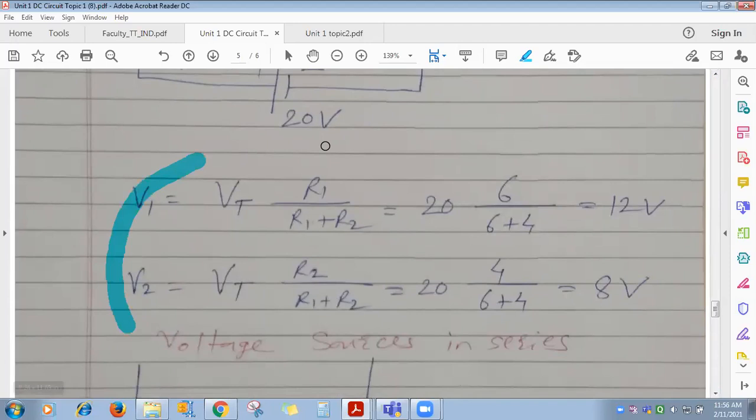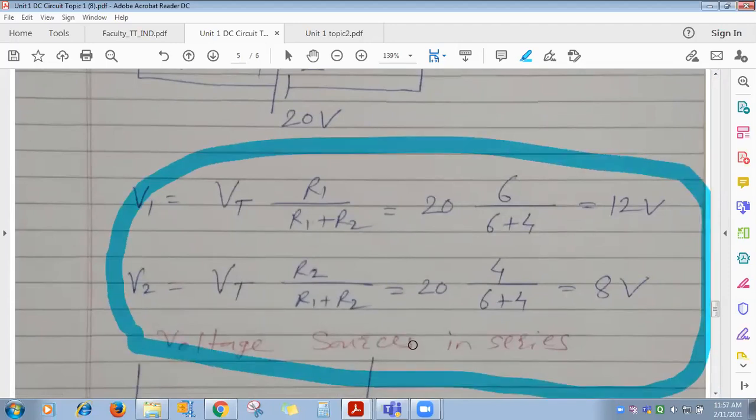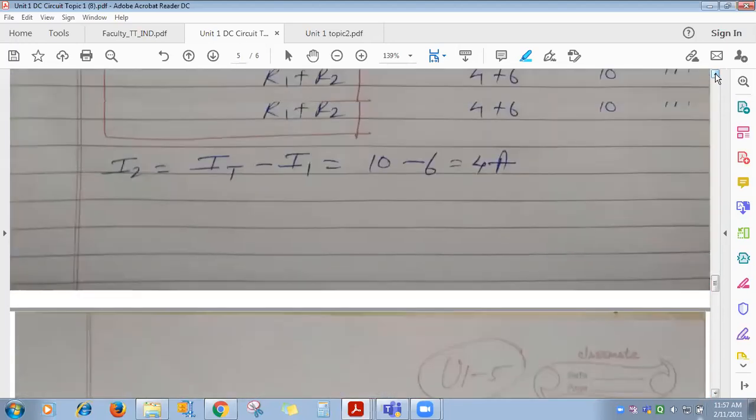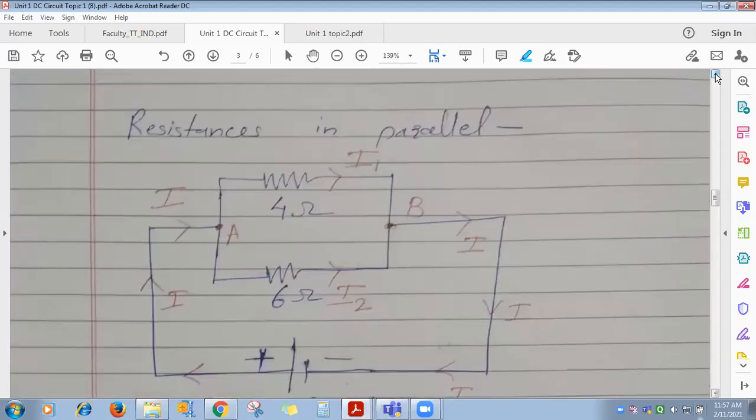Clear? Everyone got it? How to apply the voltage division rule? Is it applied to series or parallel connected resistances? Series. And two or more than two? Only for two. If more than two are there, then what will you do? Suppose 3 are there. Any two you add, consider them as one resistance, find out for that resultant two, and then further you can go like this. Back calculations, that is simplification, you can do. This is about the series connected resistances.